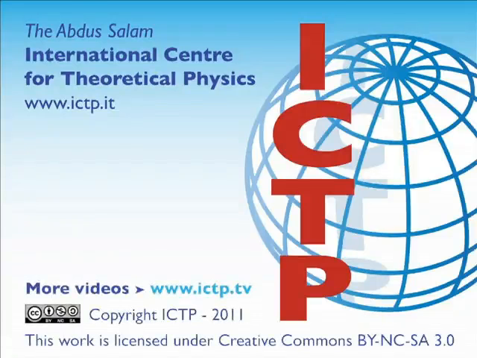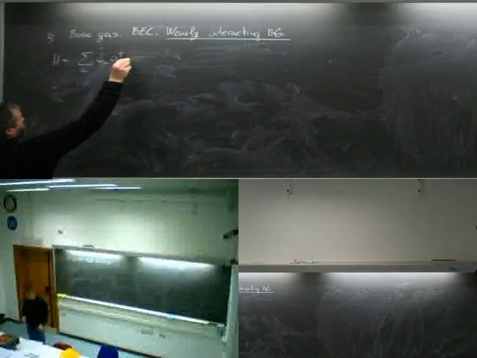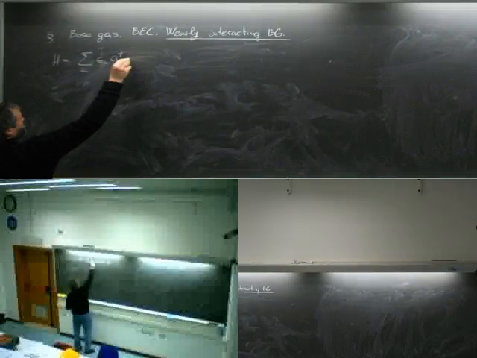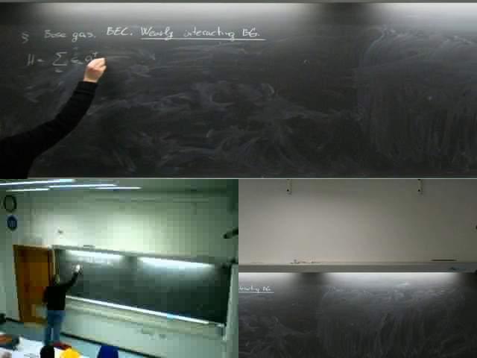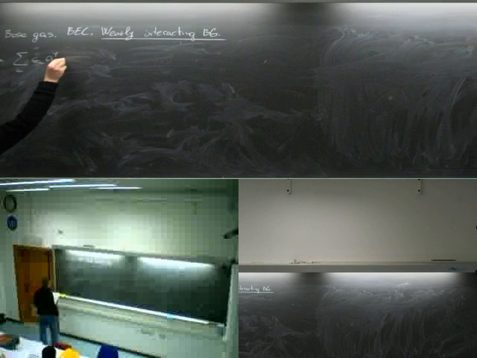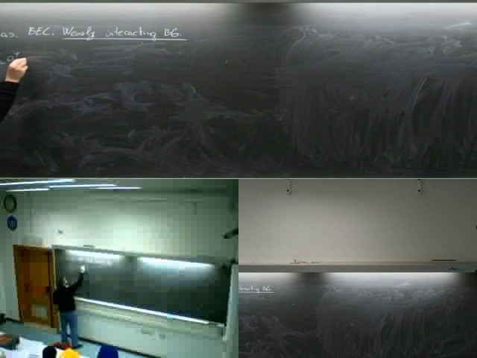Write down the Hamiltonian describing now a weakly interacting Bose gas. We write down the non-interacting part. And now we write down, in a second quantized way,